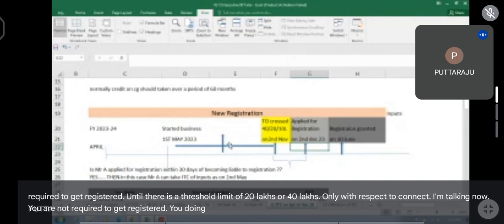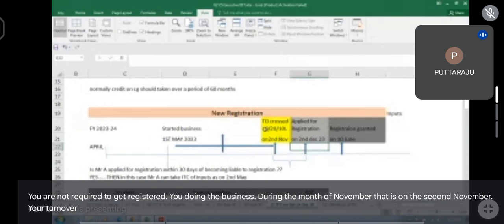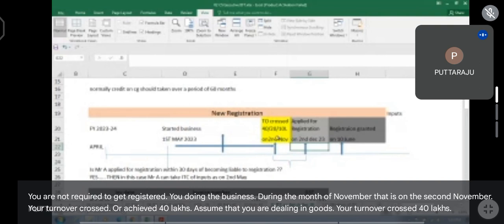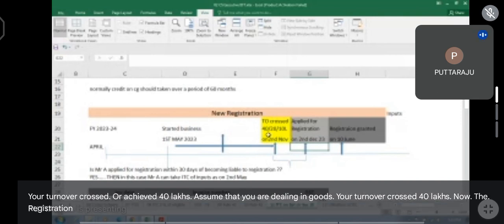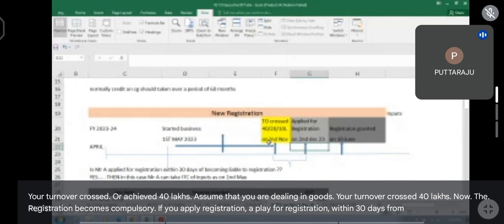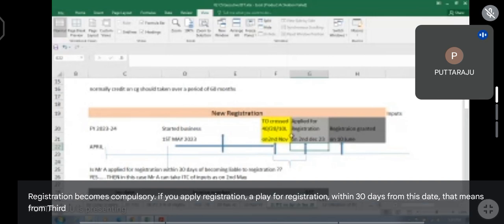You are doing the business during the month of November, that is on the 2nd November, and your turnover crossed 40 lakhs. Assume that you are dealing in goods. Now the registration becomes compulsory. If you apply for registration within 30 days from this date, that means from 3rd November, within 30 days, if you apply for the registration,